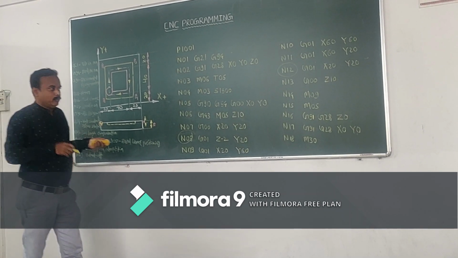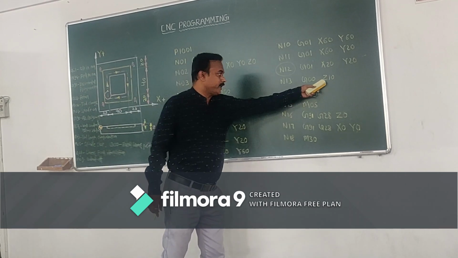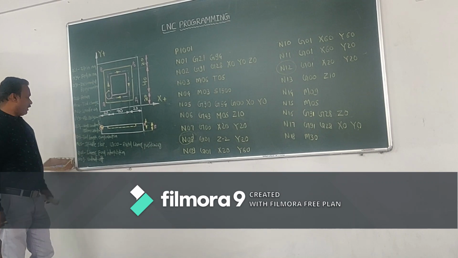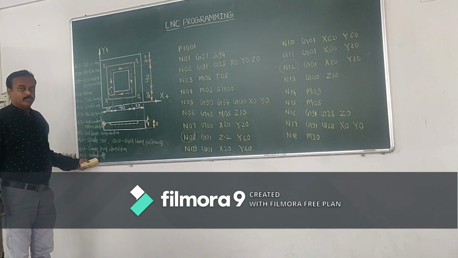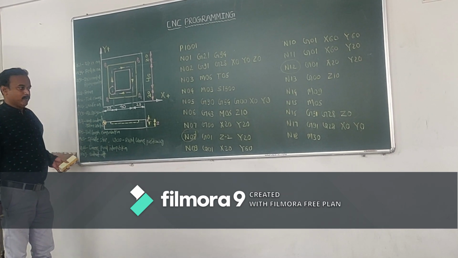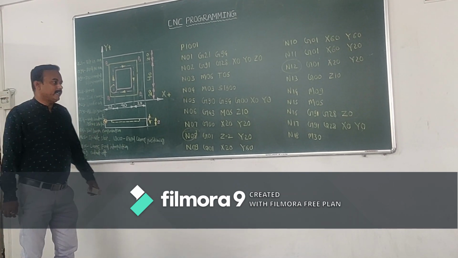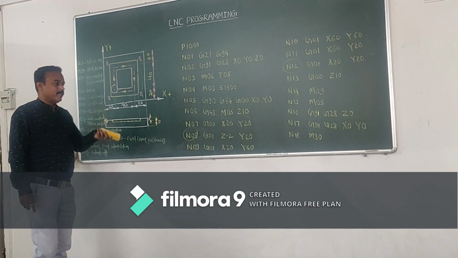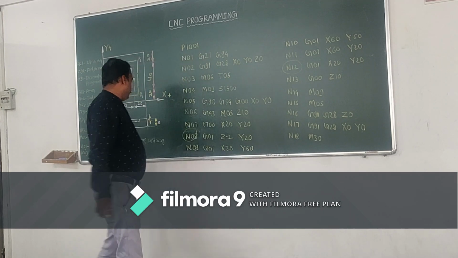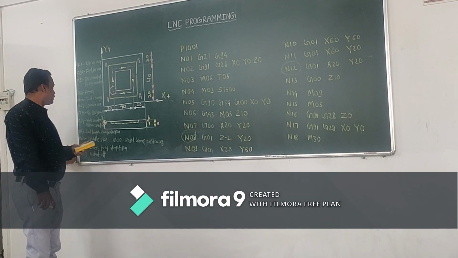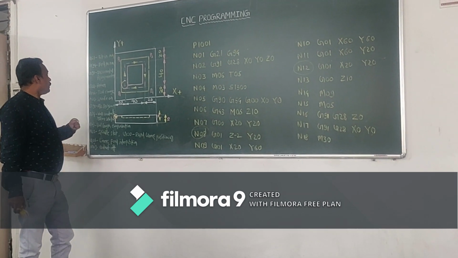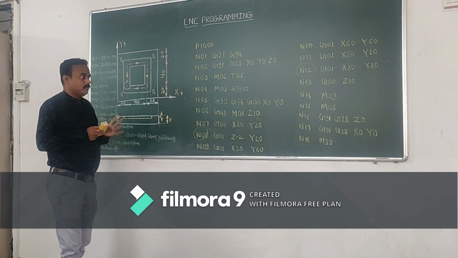Therefore the specification is given Z10 and G00. Next operation is M09. What is the specification? Whatever may be the coolant, that is to be turned off. Next M05, that is the spindle stop, and the last operation, same G91, G28. Next G91, G28, X0, Y0, and M is equal to 30. That is the last step, having the specification M is equal to 30. Next, your program is off.